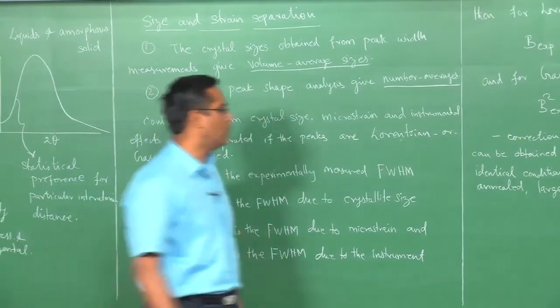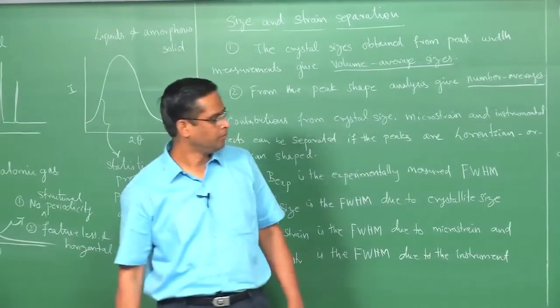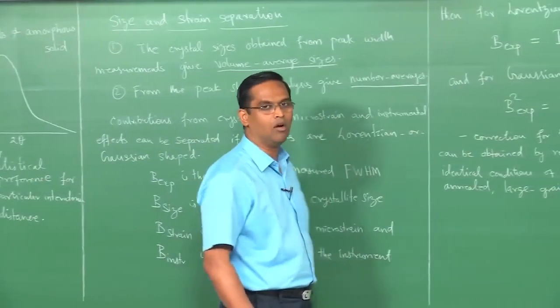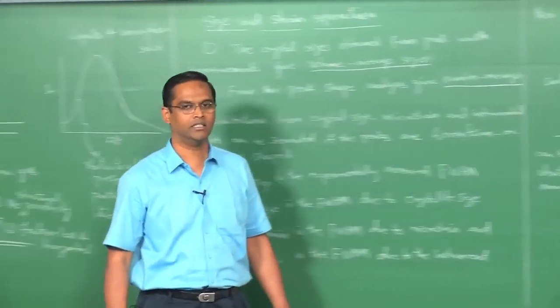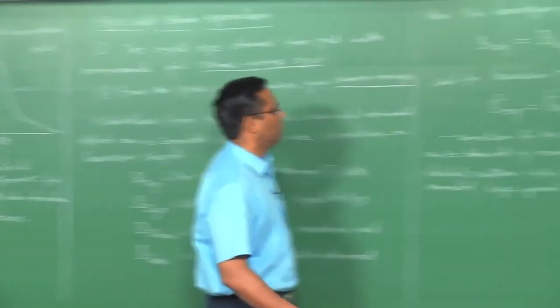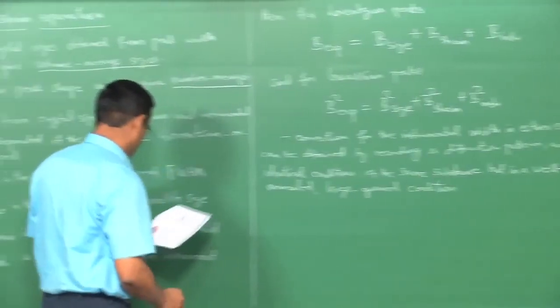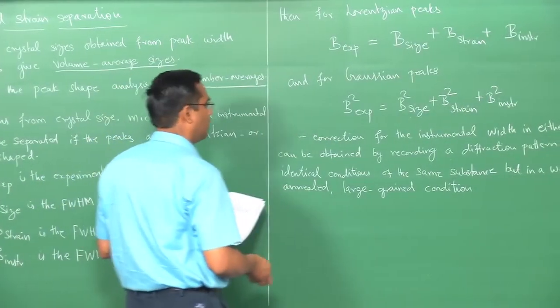That means you obtain that by complete annealing treatment, you relieve all the strain and then record this peak, that is considered as the instrumentation contribution, and then we will have these two alone, size and strain. So, now let us write